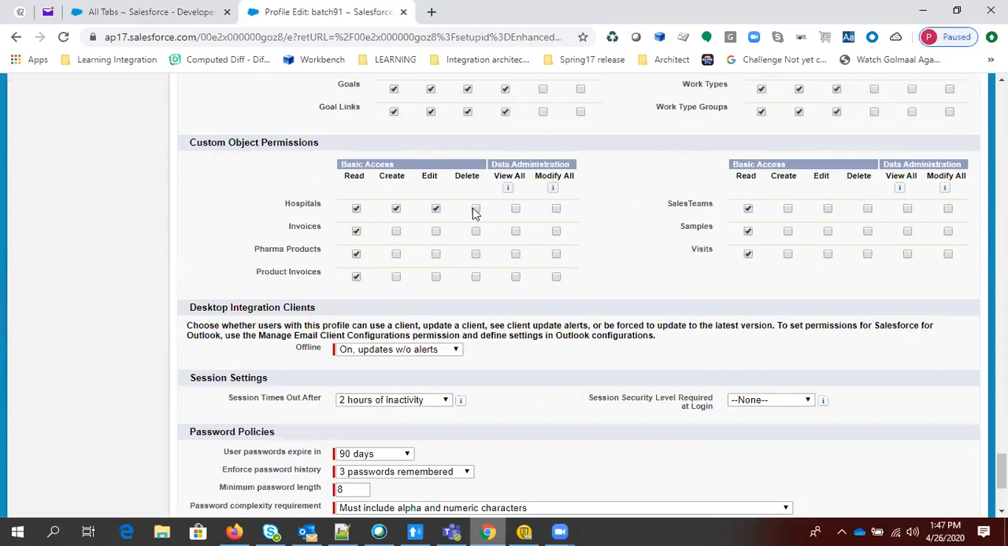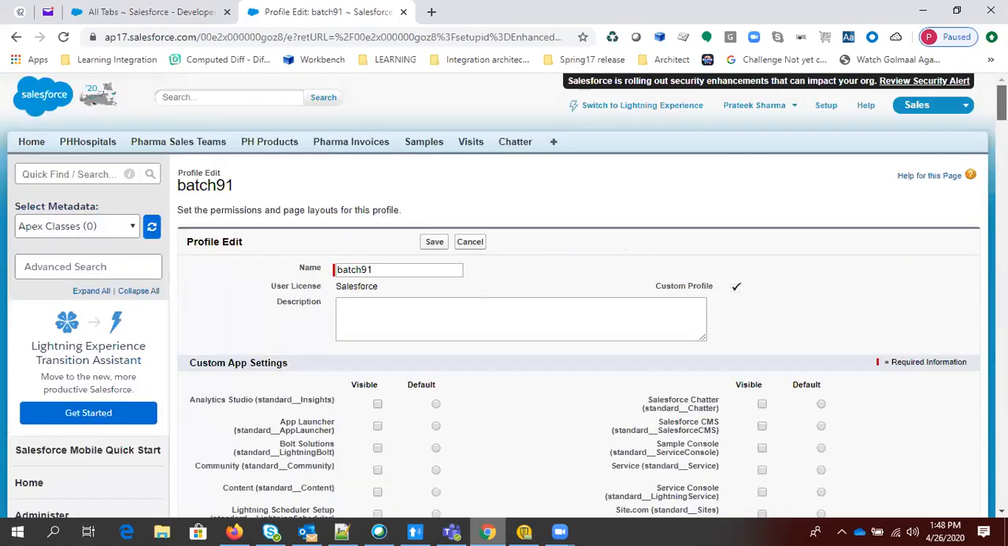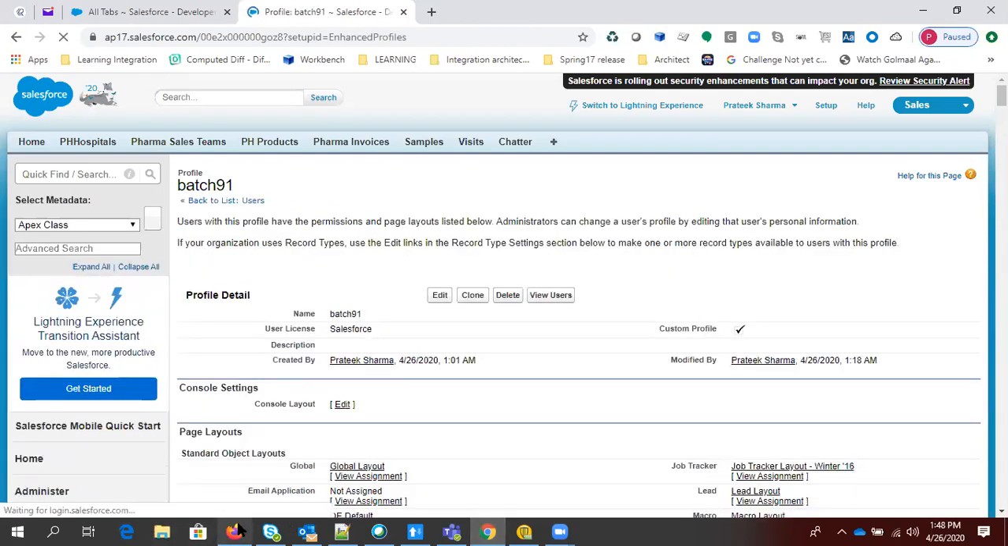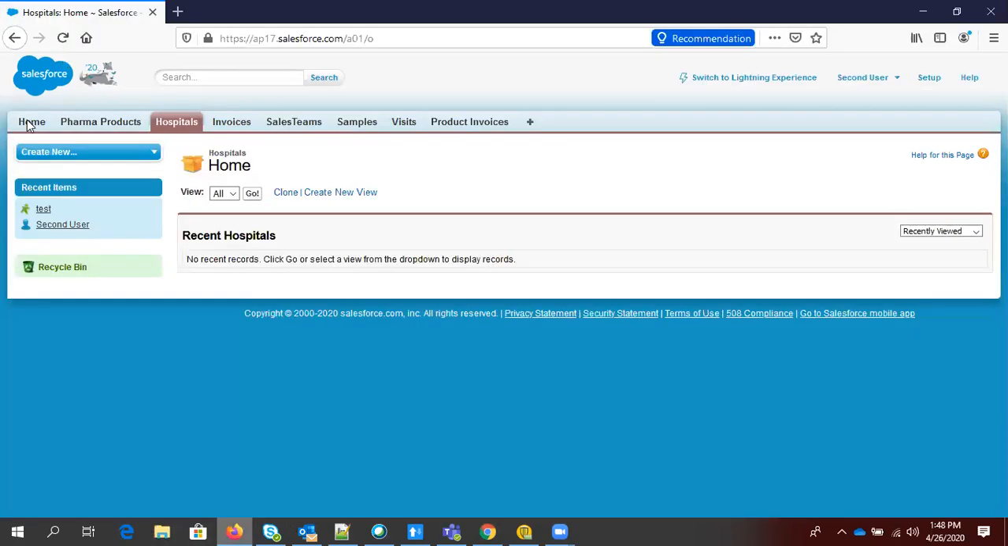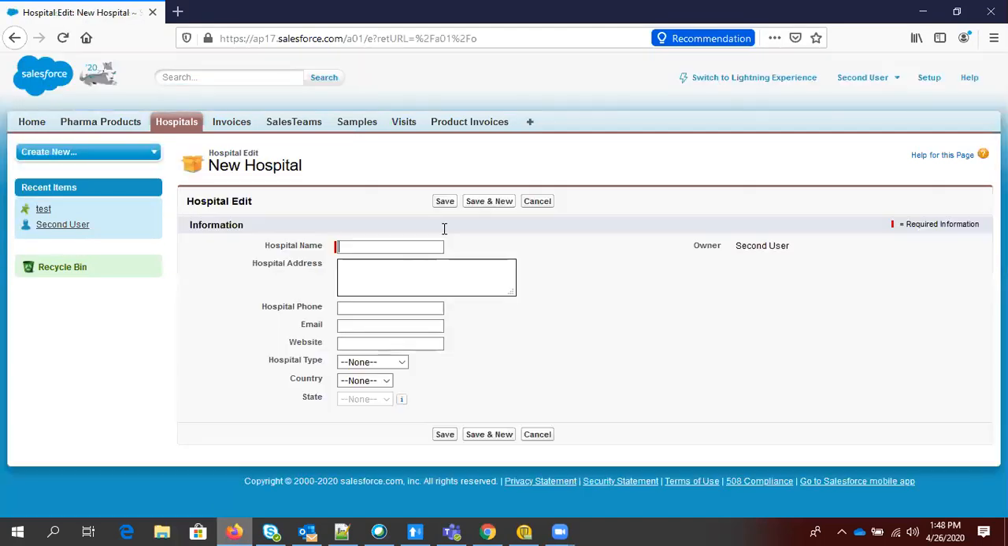I'm just giving all the access to this user for the object, right? Just giving this access, just hitting save. Now that user will have that new button. Just refresh it. Now we have the new button. So if you click on the new button, you can see this particular user has access to all the fields,